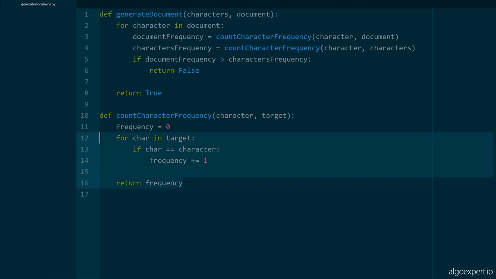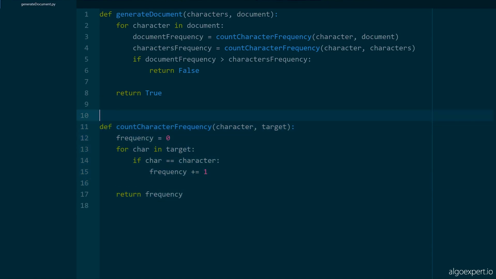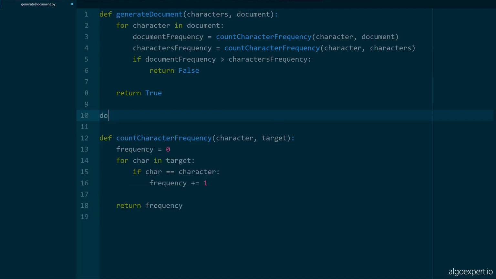Now I just want to note that I wrote out this function here, which will count the frequency of an element in a string, but there are oftentimes a lot of methods we could use that will do this for us. For example, in Python, we could write document.count and then count the character. Now this would do the exact same thing as this function, but don't be fooled. This still is going to take big O of n time. So this function takes big O of n time, where n is the length of the target string, but so does this .count method. This is kind of just showing you behind the scenes of what .count would do, and I just wanted to write this function out to make it very clear where we're getting this time complexity from,